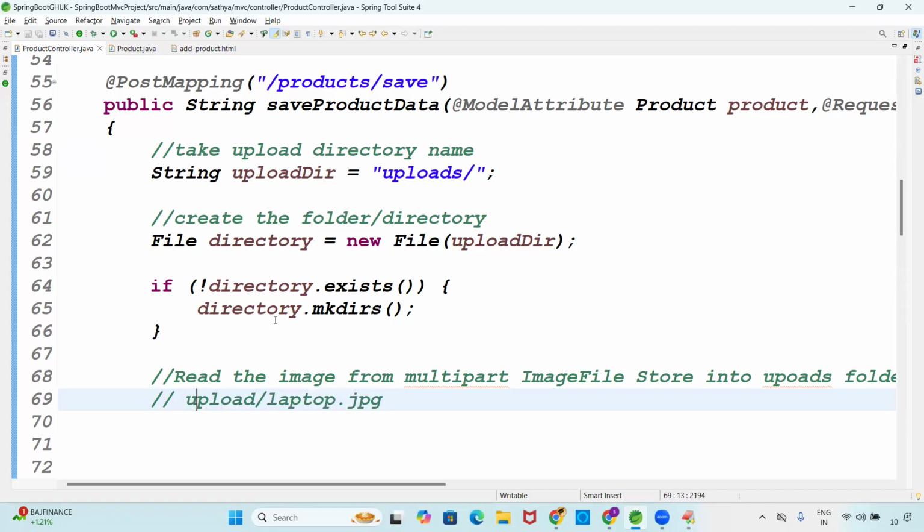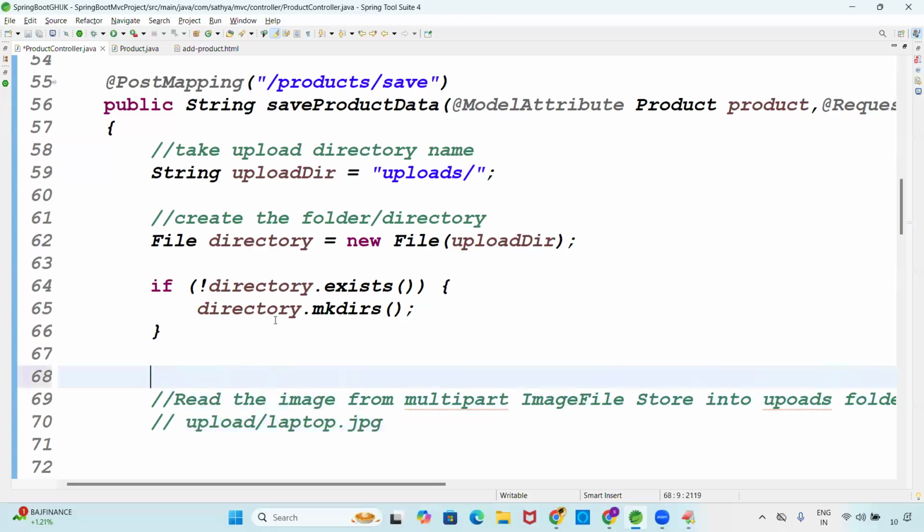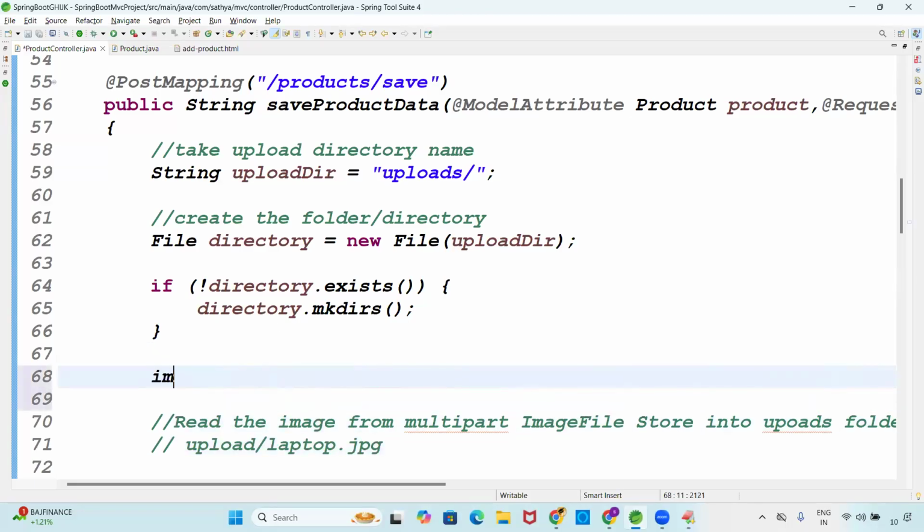In the upload folder, are you giving the image name? The image name is already coming from the client. Already coming from what? The client. Get the image name, guys, simply. How to get the image name? Tell me here. Image file dot